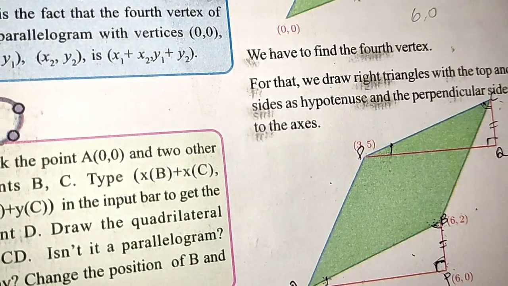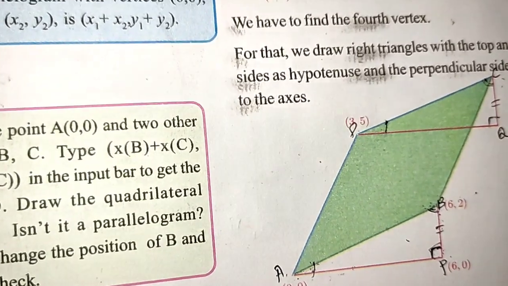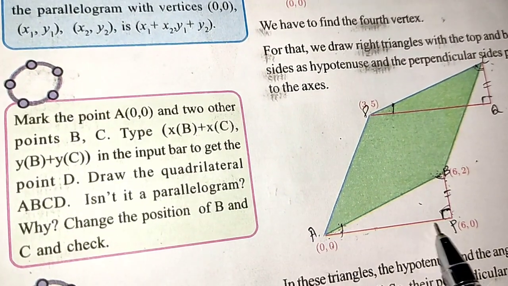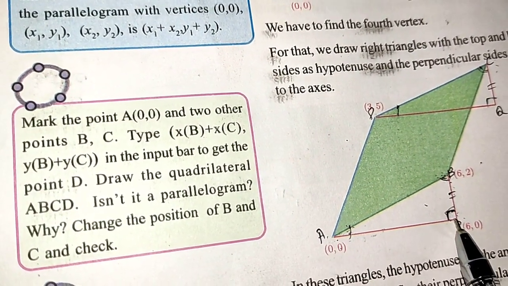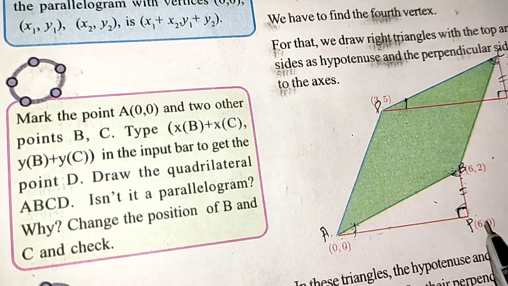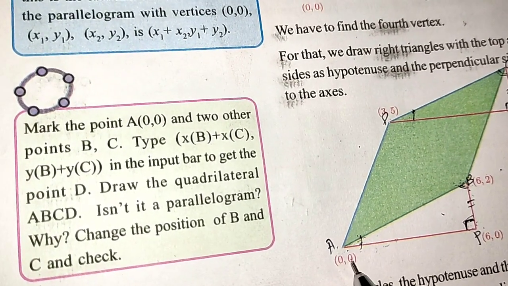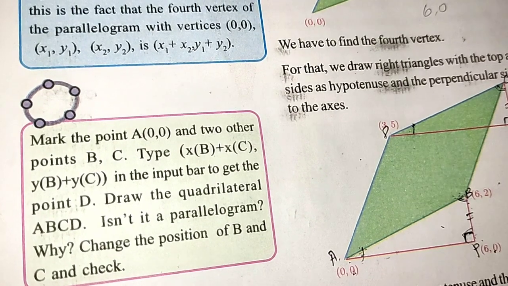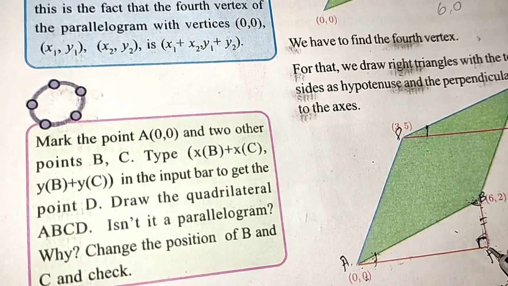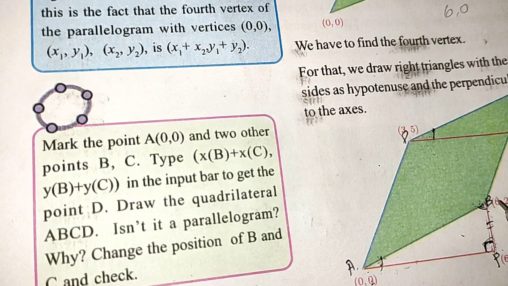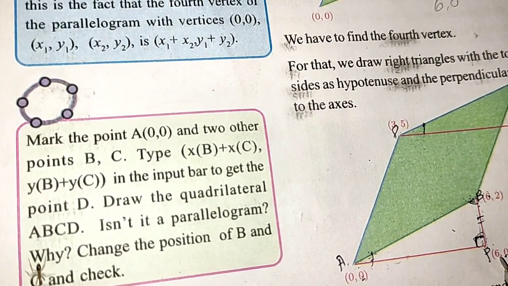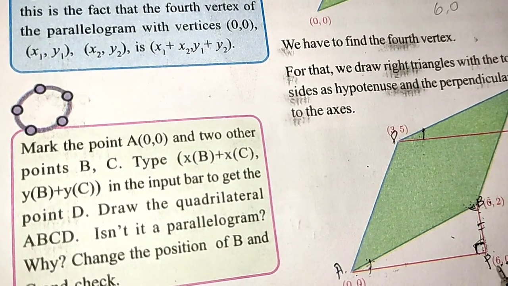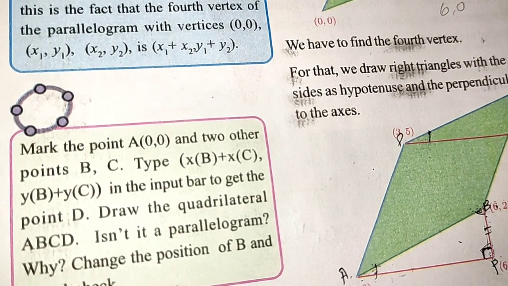Now we are going to find out the coordinates of the points. See, we know that this line is parallel to the x-axis. If a line is parallel to the x-axis, what about its y-coordinate? See, here the y-coordinate is 0. Therefore, for this point also the y-coordinate is 0. Then this line is parallel to the y-axis, and for that line the x coordinate is equal to 6. Then what about the x coordinate of this point? That is equal to 6 itself. So the x coordinate of this point is 6, y coordinate is 0.